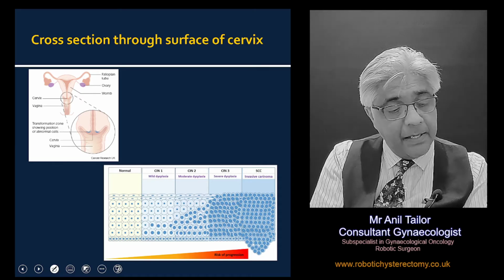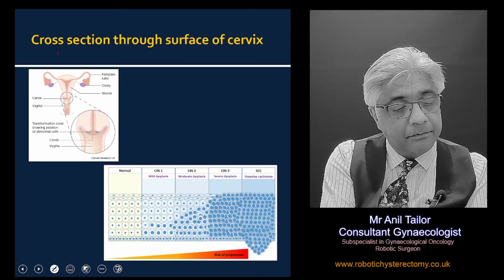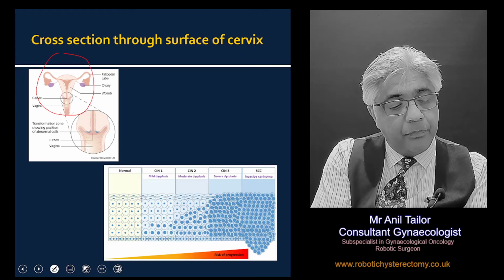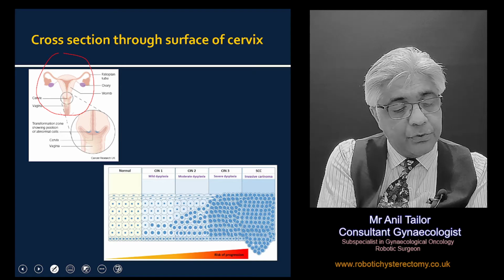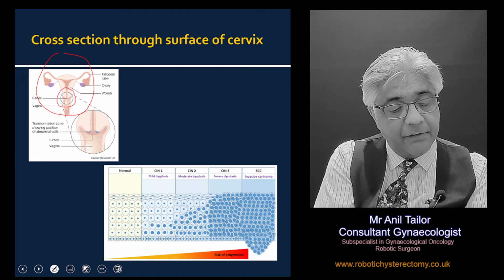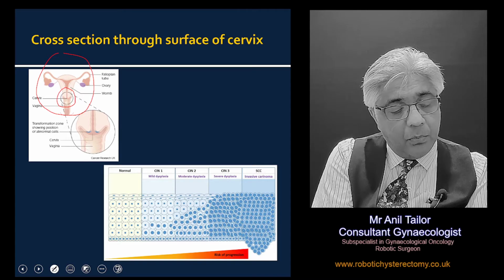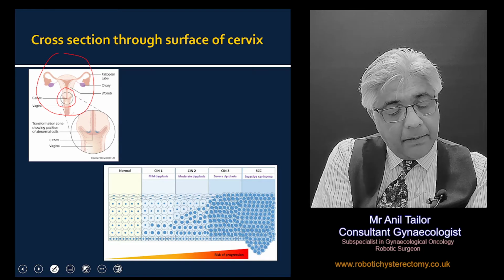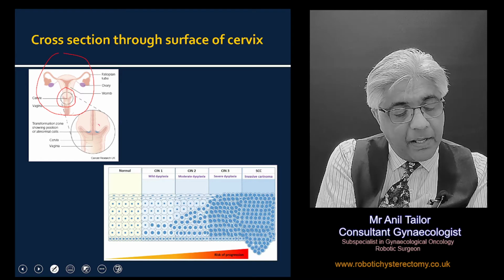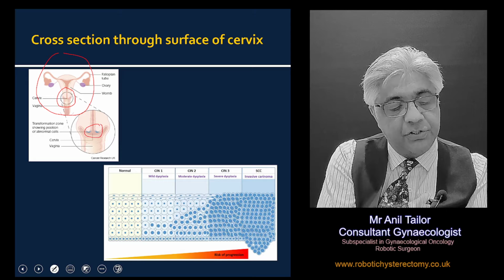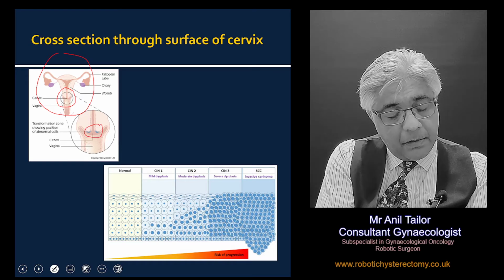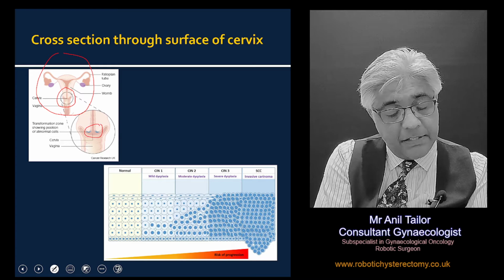So we have here a womb, and if we were to magnify this portion, meaning the cervix, we have an area on the cervix which is where precancers first start. And if we were to take a